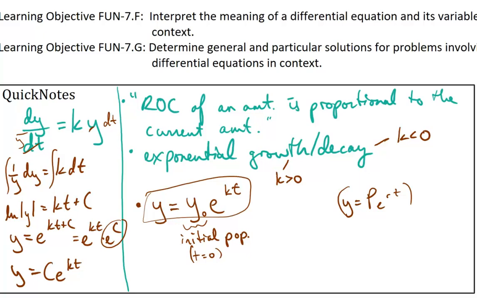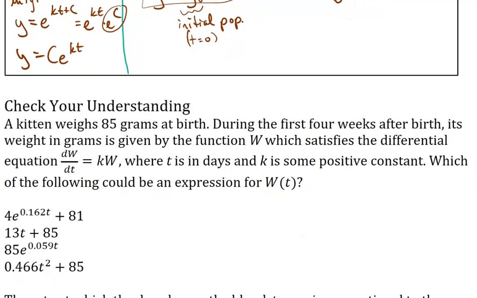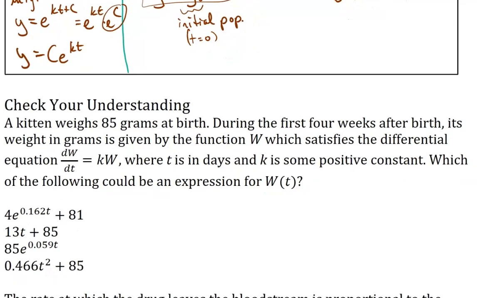All right, so let's do some examples. With this one, we have a kitten that weighs 85 grams at birth. That is telling me that this is T sub 0, at birth, at time 0. Weight is, let's see, W for weight. So W sub 0 is 85. During the first 4 weeks after birth, its weight in grams is given by the function W, which satisfies